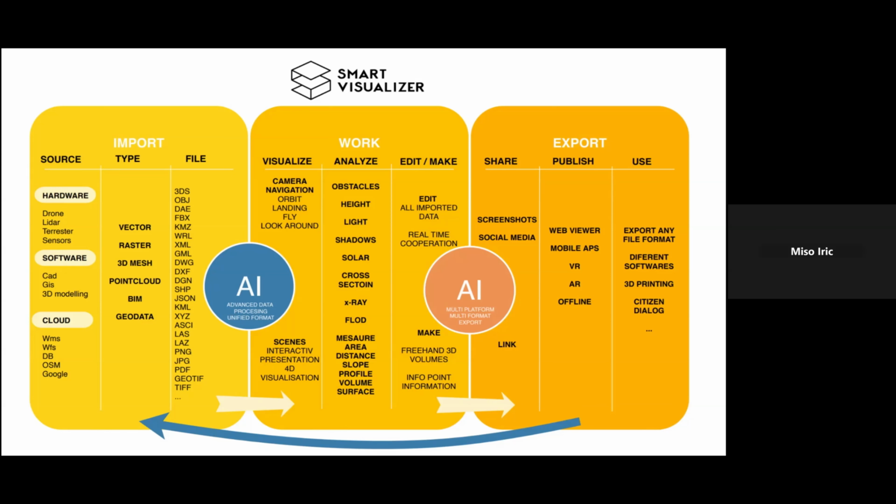Then we have the third part of the platform, and it is exporting data or publishing data. You can export the data that you put together inside the visualization to third parties. So it's able to combine data and export in other file formats or coordinate systems. So it's very easy. It's an open data flow, and the data is reusable, so you can import, export, and visualize in other software or other formats, and then re-import again in the Smart Visualizer.